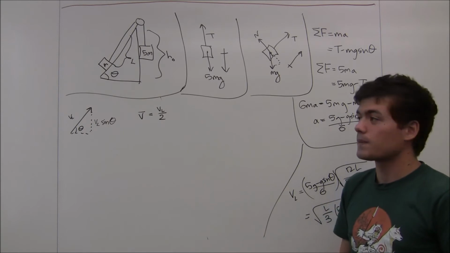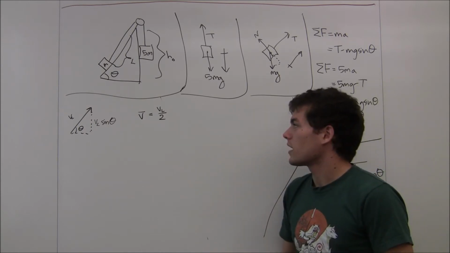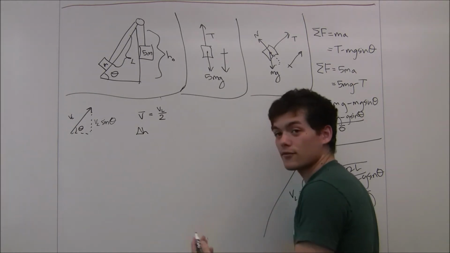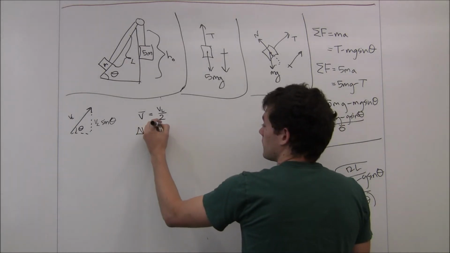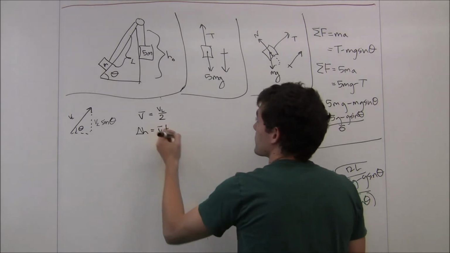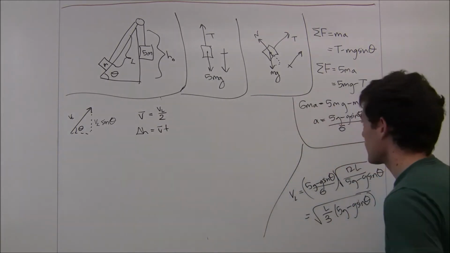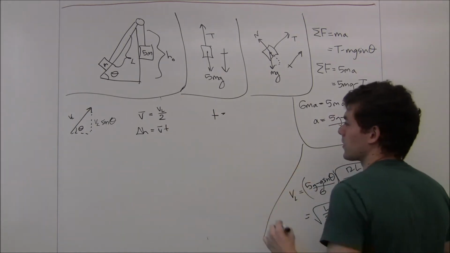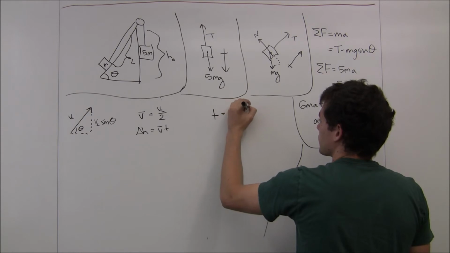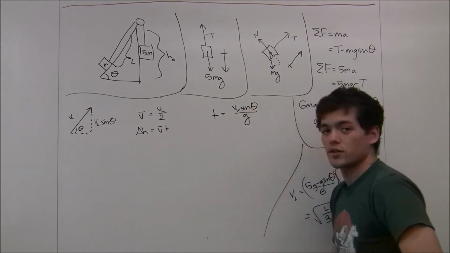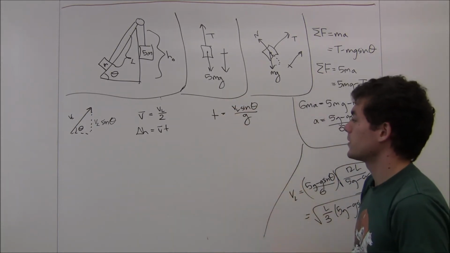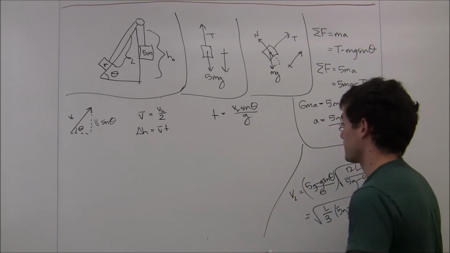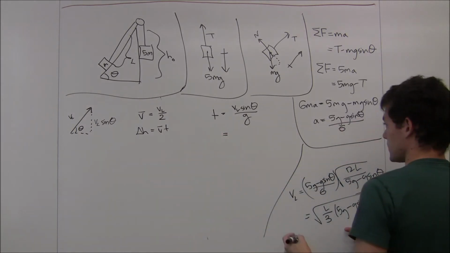G is not changing at all, which means that all we have to do to find the height that it moves, delta h, is take the average velocity and multiply it by the time that it spends in the air. And that time is going to be the total vertical component, V_L sine theta, divided by g, because that's the amount of time it's going to take for gravity to completely remove that vertical component, and then it'll start falling back downwards through the air. So then T is going to be, using this equation,